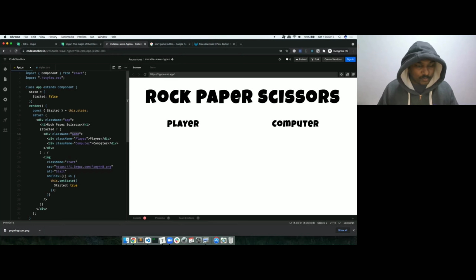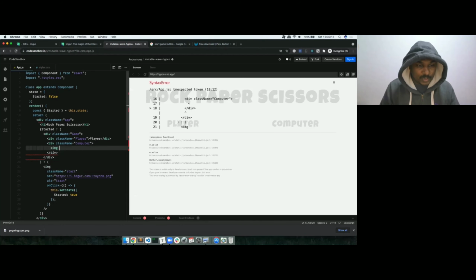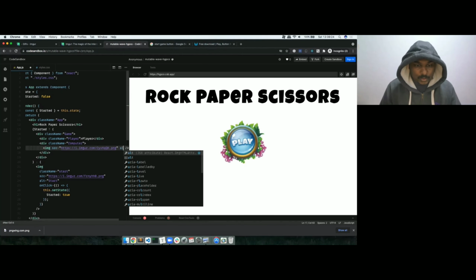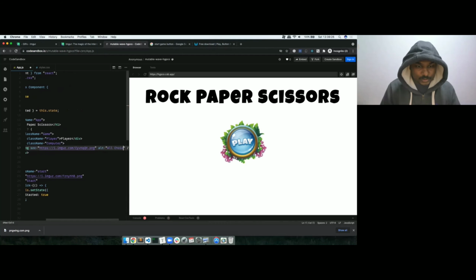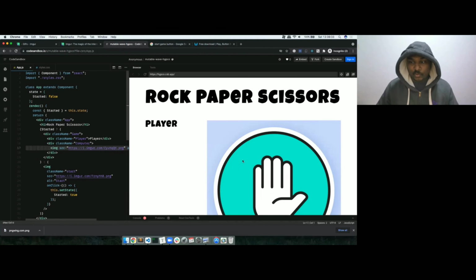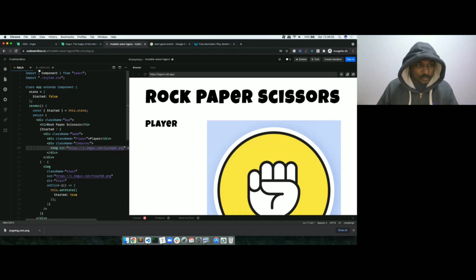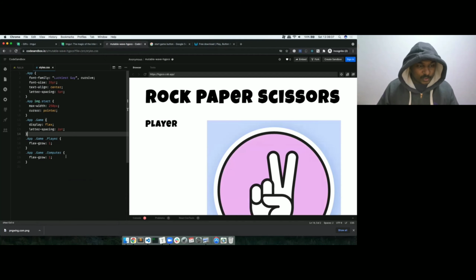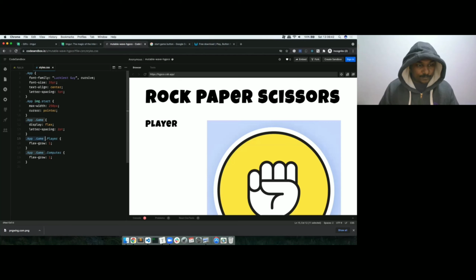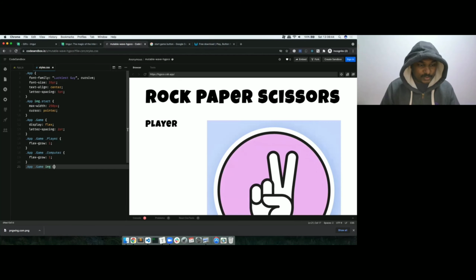Okay, so now what we are going to do is, instead of this computer, here we'll put an image src, this one, or it is going to be all choices. At the moment we haven't thought about any choice right now. So if I click on this, it's gonna go this way. Boom. Oh my god, this is not what I was expecting. So what we should be doing here is, for this player and computer, so app.game, whatever image is given here,